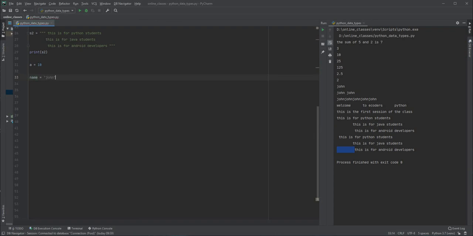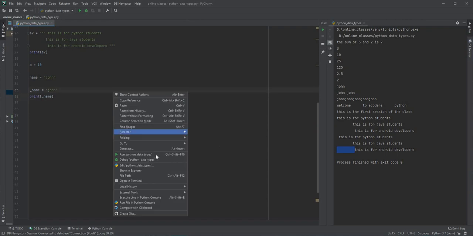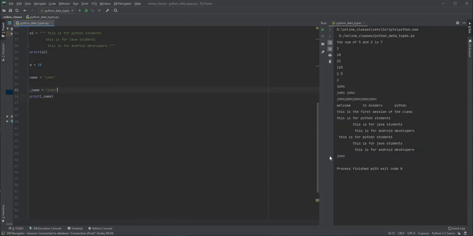This is another type of declaring variables. Now if I use underscore name is equal to, let's say, John itself, and print the value, underscore name, let's save it and run it. It should say John. So a variable can be declared in this manner also.